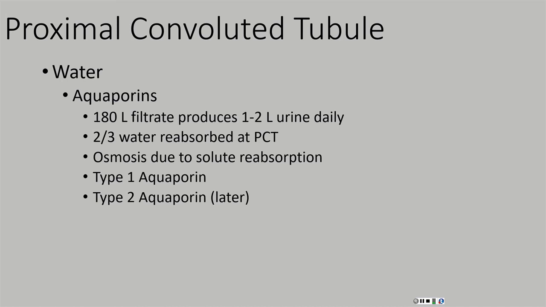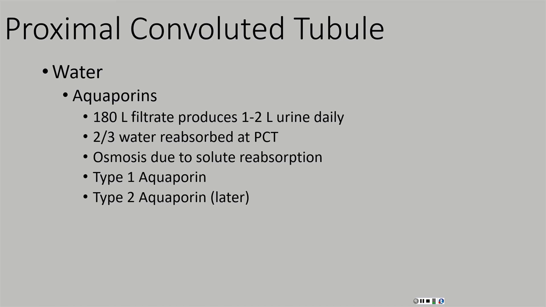And let's jump down here to the bottom first, because I want to go ahead and talk about what an aquaporin is. Aquaporins, like I just said, are channels that water can pass through. And there's two different types. There's something called aquaporin type 1, and those aquaporins are always there. They are always there regardless, and water is constantly being reabsorbed through them.